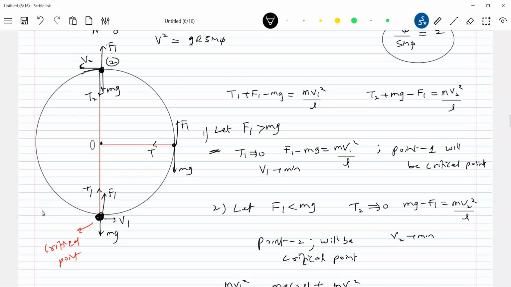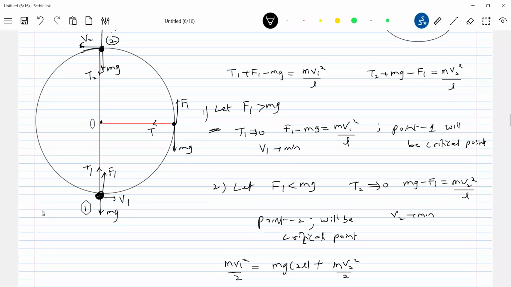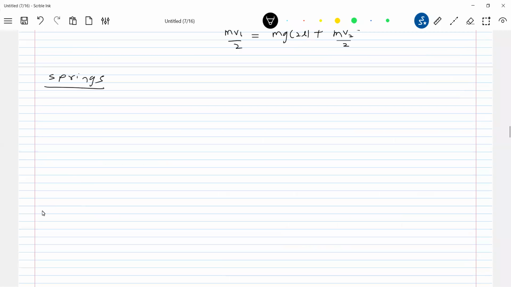I'll not write it out, because you might think that since I discussed two cases, I have to. Okay, I'll proceed now. So we'll take up the idea of springs. Already we discussed in the laws of